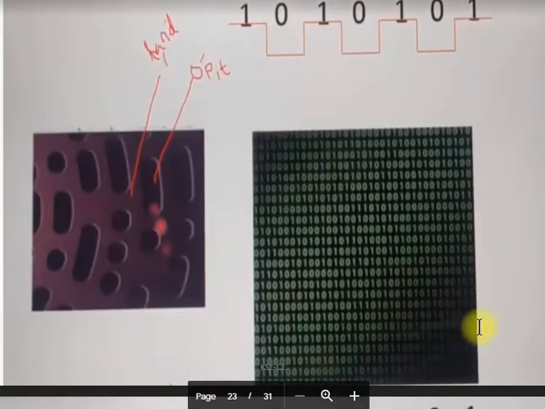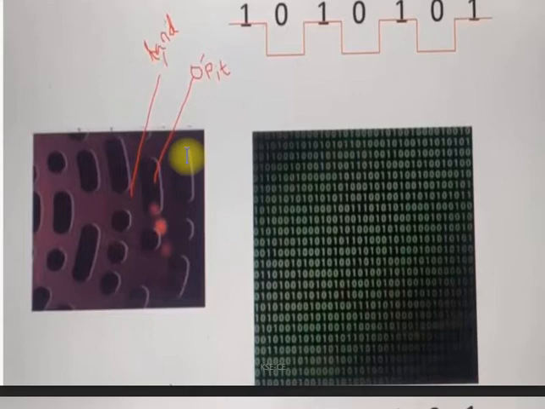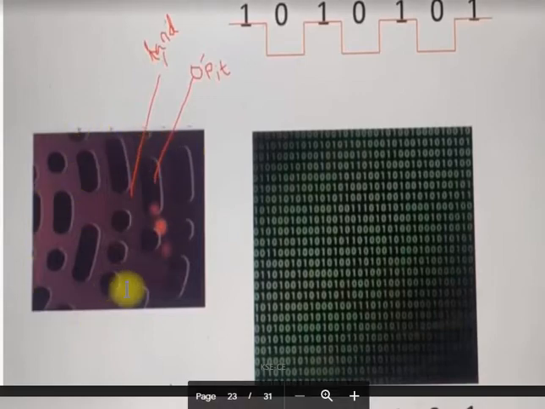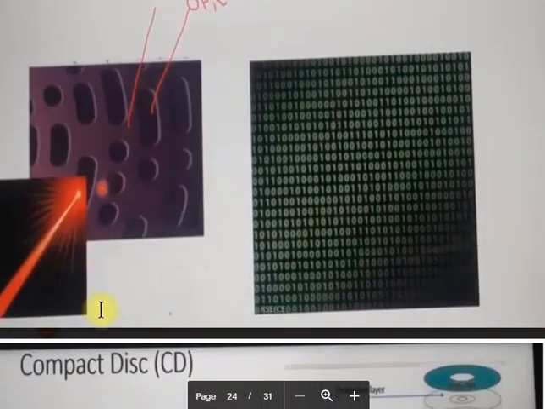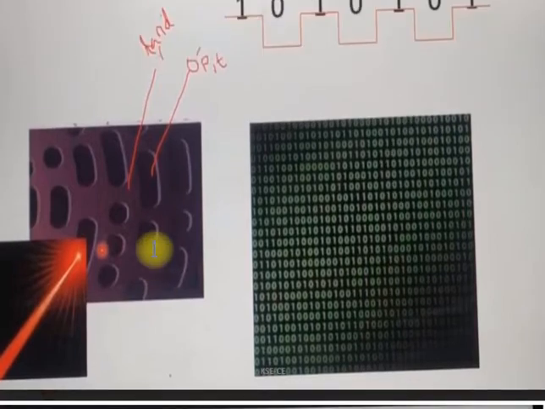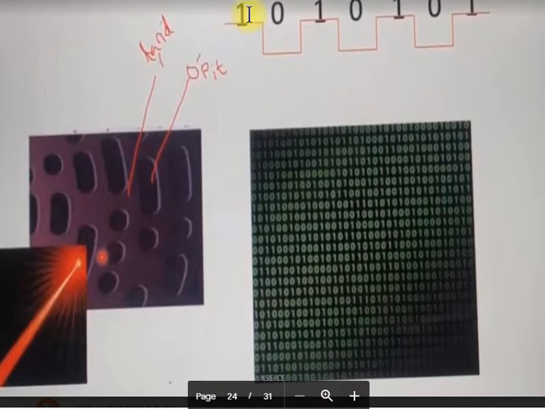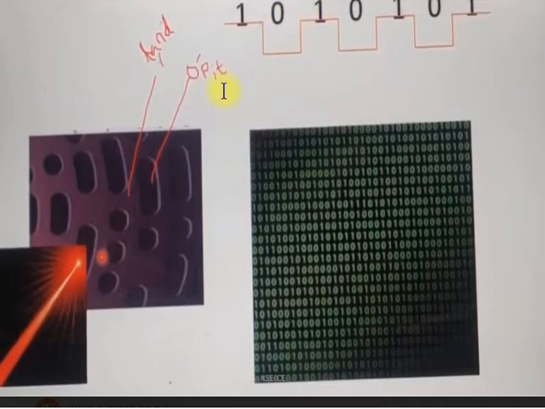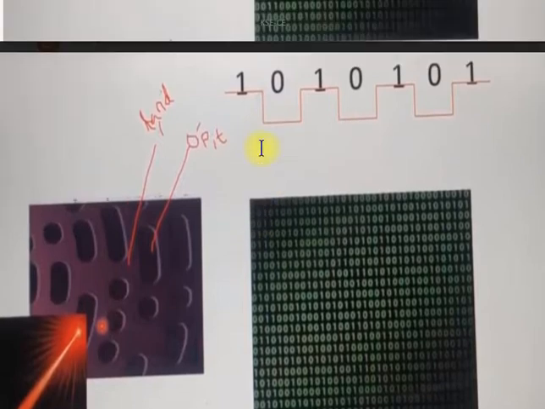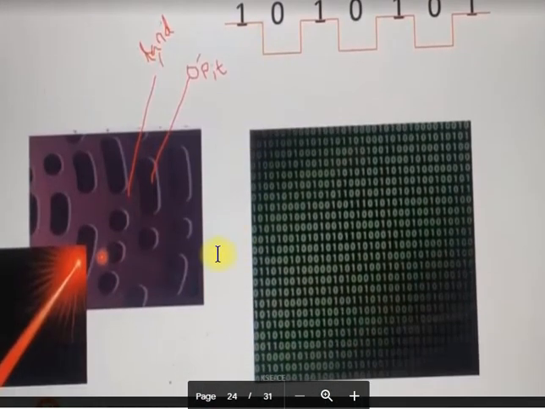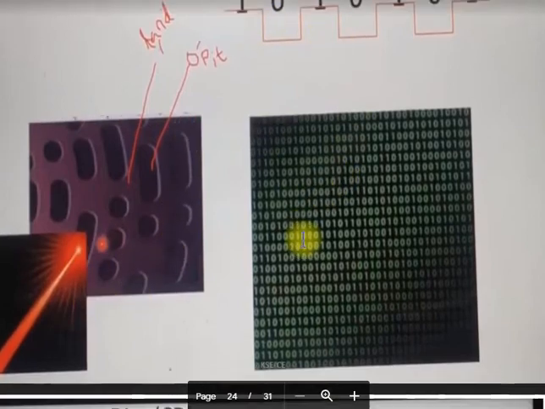Here you can see the diagram of bits and lands. Suppose it is a zoomed structure of a CD, so you can clearly see that the light is reflected on a particular portion of the CD. If it is reflected, it is represented as a 1, otherwise if it is not reflected, it is indicated as a 0. Whenever it is reflected, it is called a bit, and whenever it is not reflected, it's called a land. That's why after reflection the data is encoded as 1010, meaning binary form.